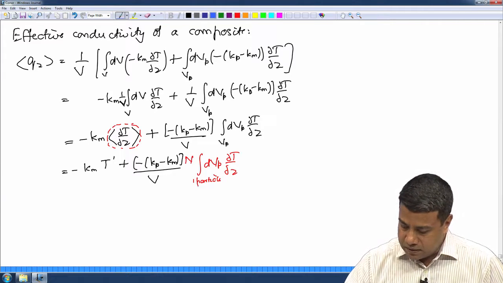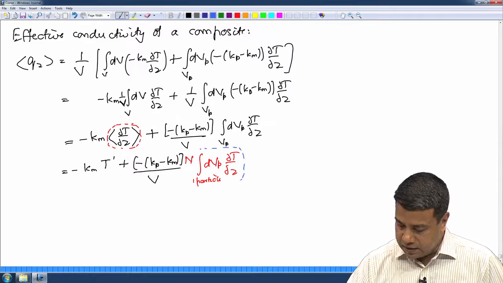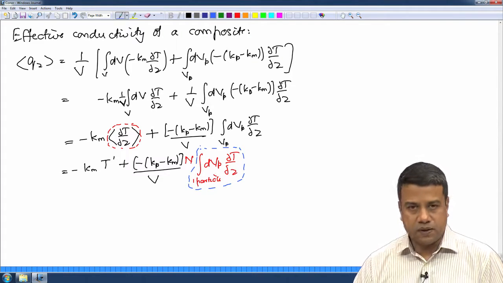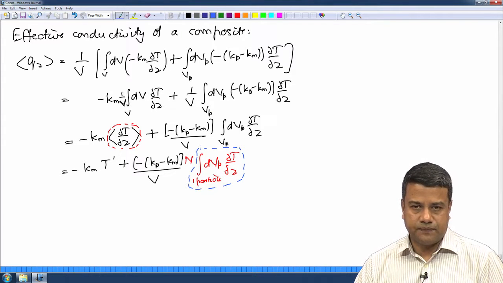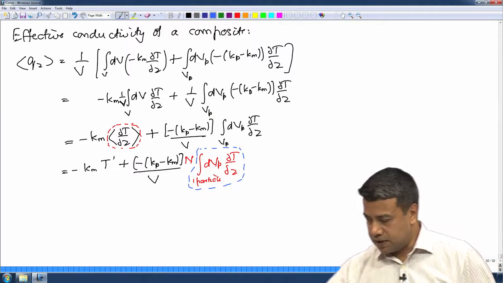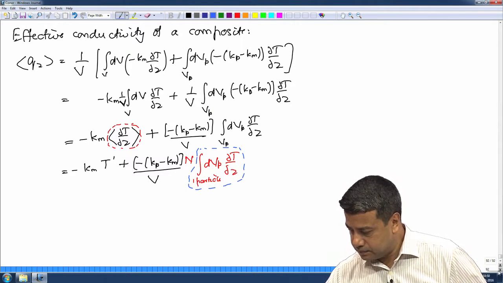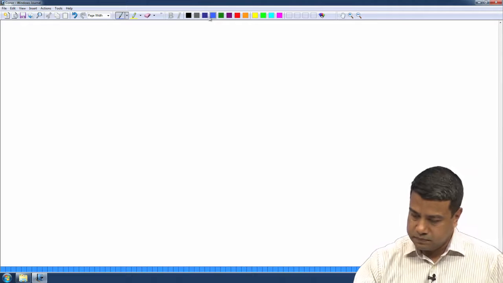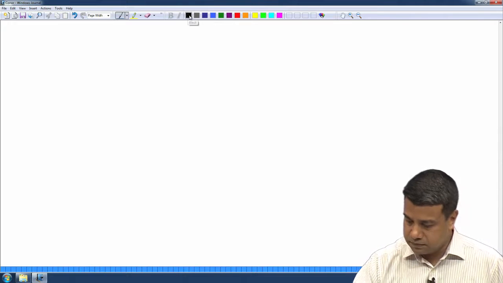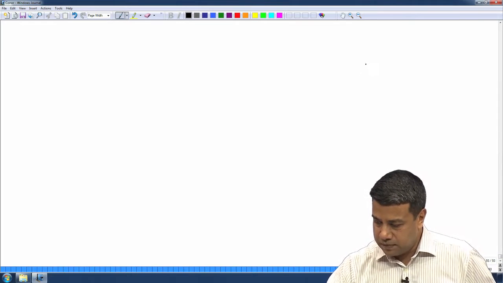And now we are reduced to finding out what this integral dT by dz over one particle is. So, let us look at that. I have one particle